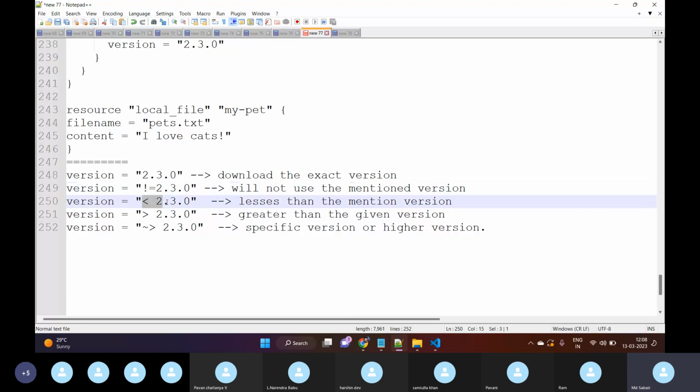Okay, less than 2.3.0 means version below 2.3.0. It can download any version which is less than 2.3.0. Okay, similarly greater than 2.3.0 means any version which is greater than 2.3.0, means 2.4.0 can be possible or 2.3.1